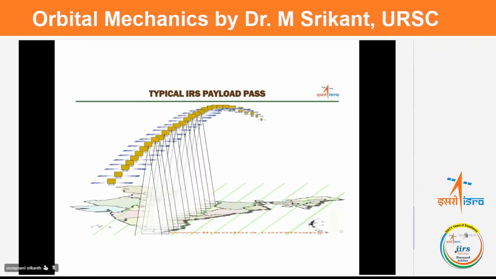based on the path pattern of the satellite chosen for that orbital height. Sometimes the satellite covers this region in some n number of days, based on the swath of the payload. So this is how the relation works, and at the same time, the sun illumination is maintained at a constant angle. So you will have the illumination effectively, and you will get good image resolution with optical payloads because of this constraint